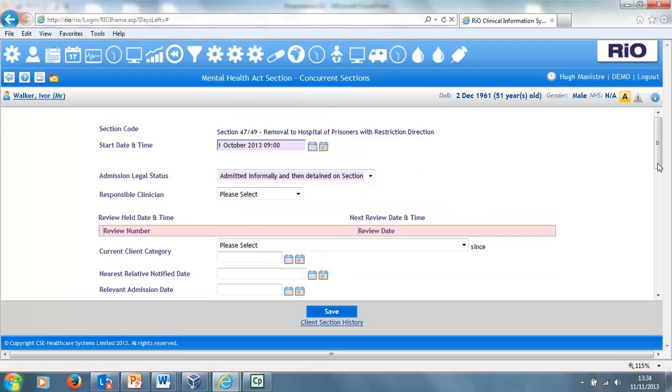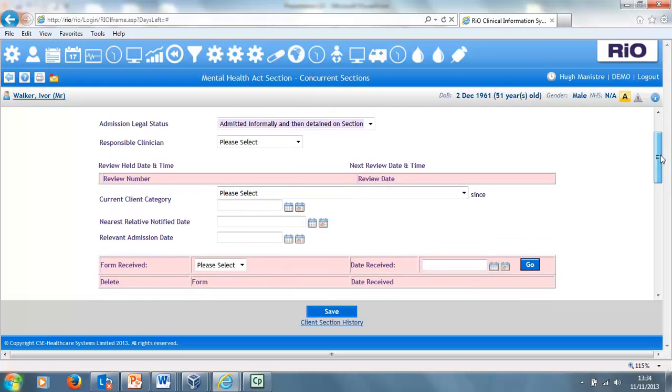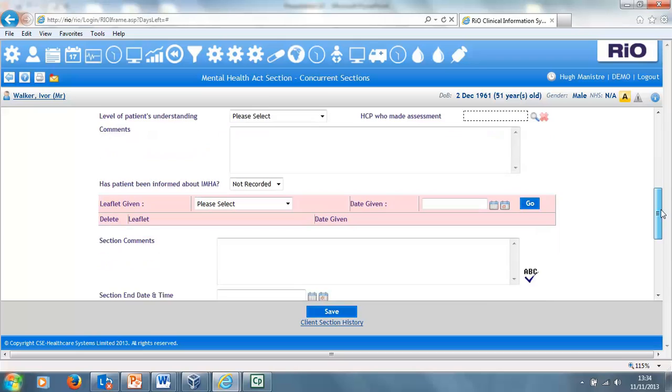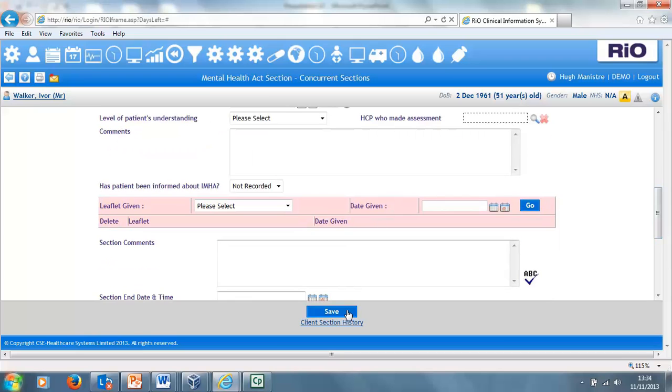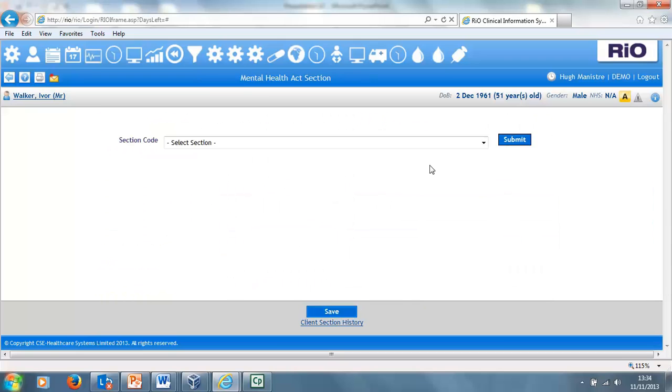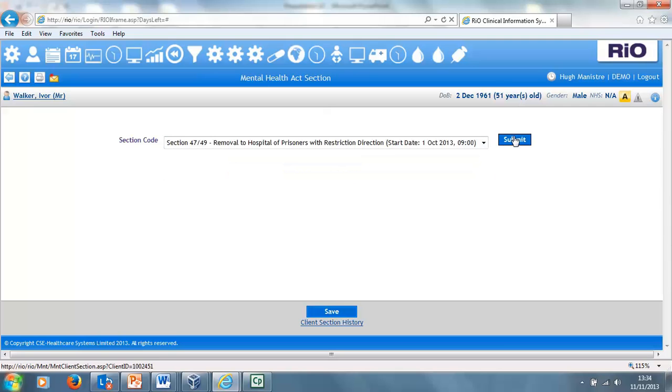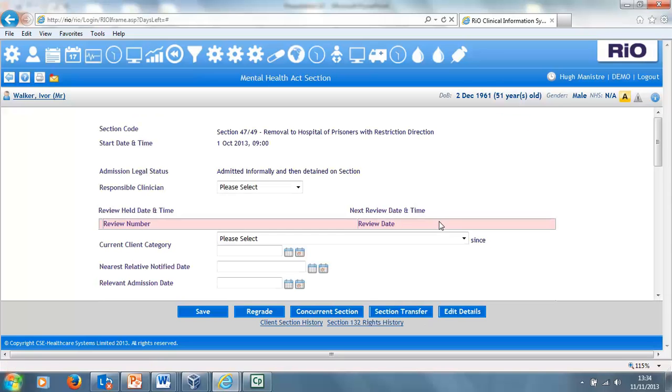And you'll see again the same options to update legal status if I require to do that there, and the same fields that you've seen me working with throughout these demonstrations. So if I click to save at that point, then we'll be back in the situation we've seen just now, where because I've got that section 3 still applied on this record, I've got the pick list to choose which section I wish to go into. So let's open the screen back up for that section 47/49,